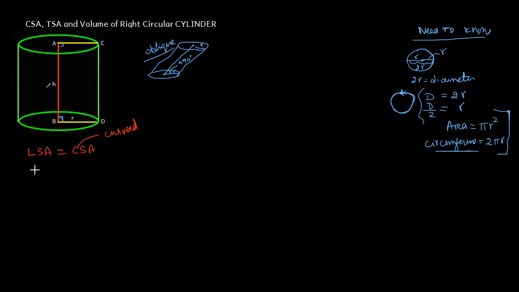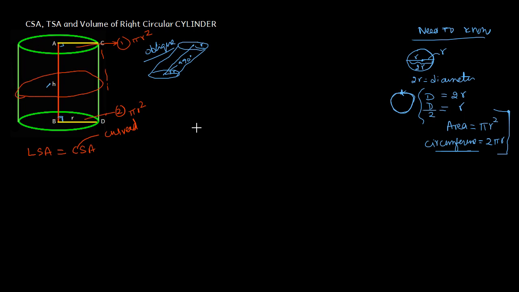So now we are trying to find out CSA. It has a curved surface on the sides and it has two circles. The top is one circle and the bottom has one circle. If I find the area of the top circle, it's just pi r square. The bottom circle is pi r square. So keep that in mind. Now when we try to find CSA, we only need the sides. If I take the pipe, it's only along this side, not the top, not the bottom.